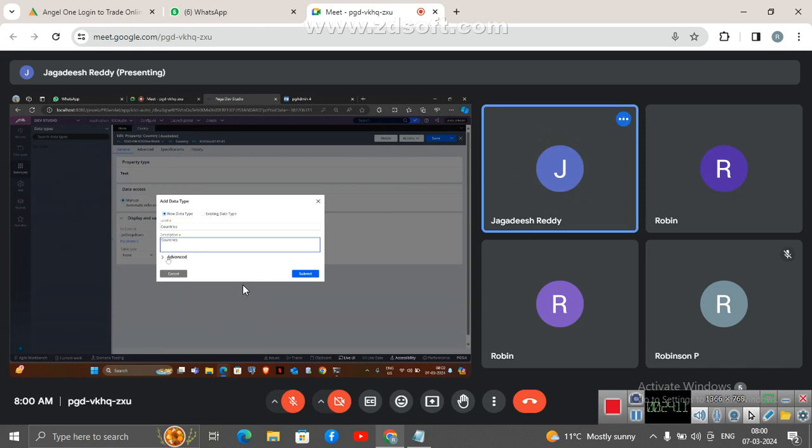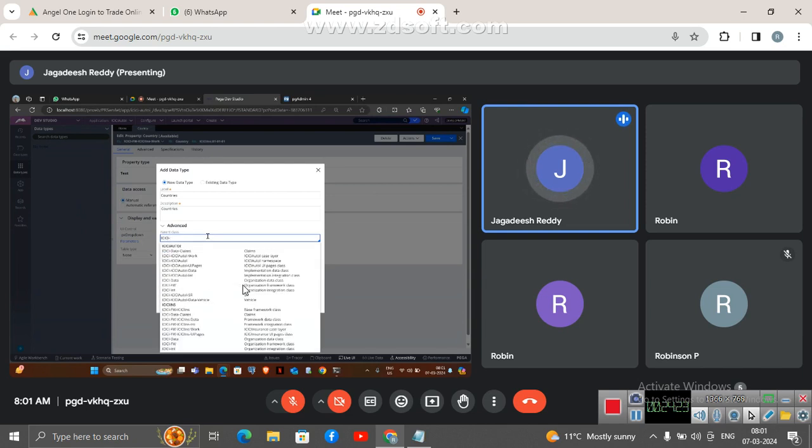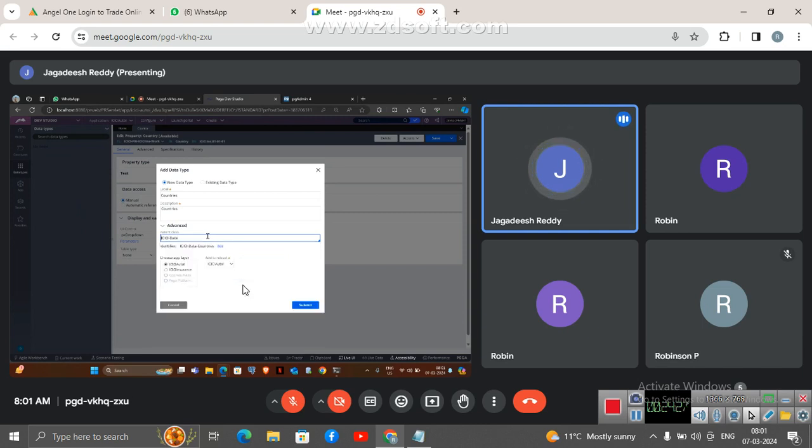Countries. And click on advanced. Here we need to select the parent class. So what is the parent class? The organization data class. SBICICI data is the organization data class. Now, whenever we create a data type,